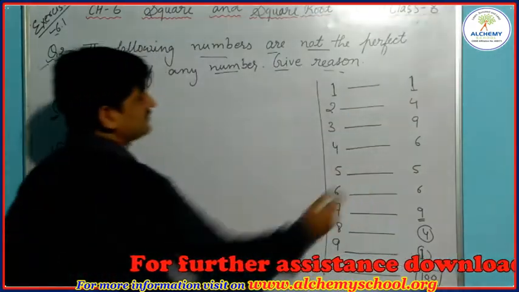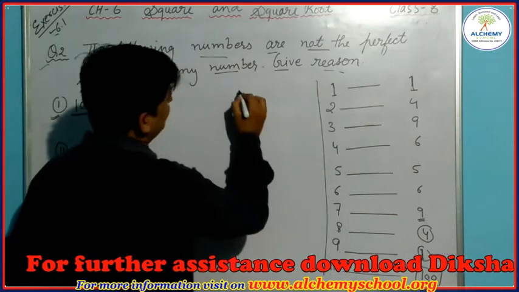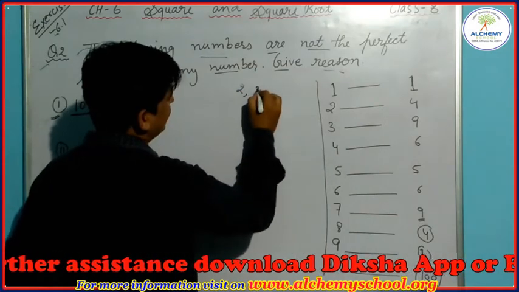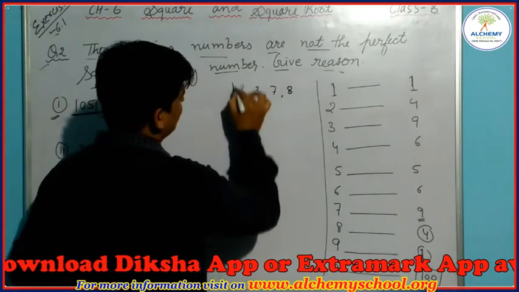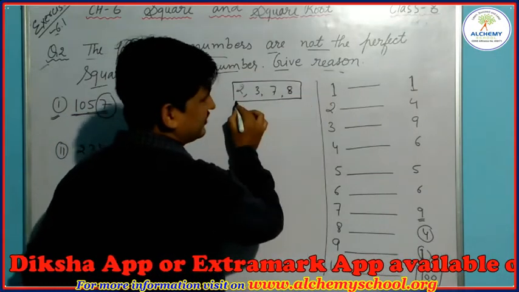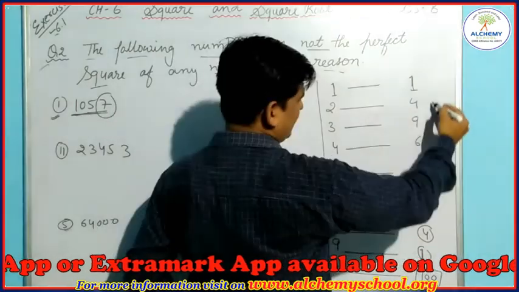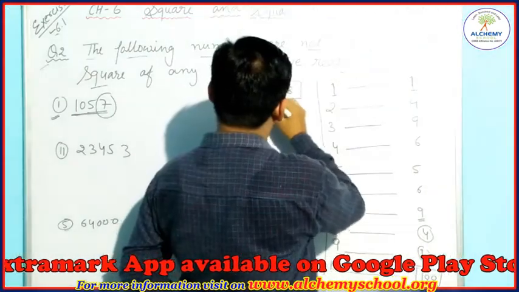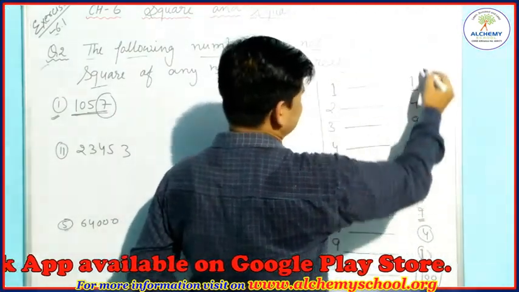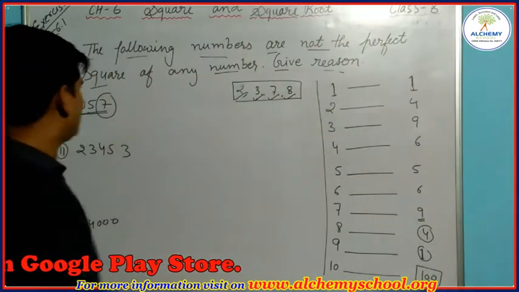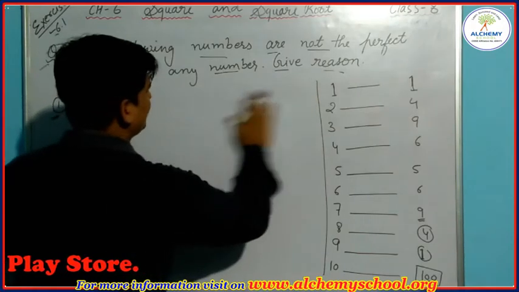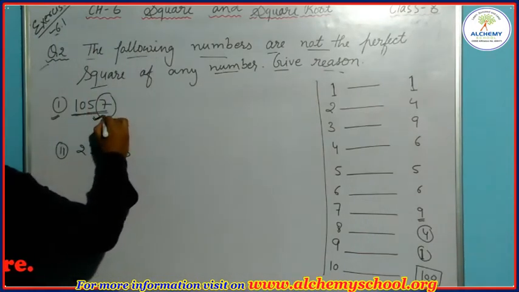Okay, so on the basis of this information we can say, if any number ends with 2, 3, 7 or 8, then that number will not be a perfect square of any number, because we can see here we are not getting 2, 3, 7 and 8 at the end of the square of any number. Okay, so in the first number we can see the number ends with 7,